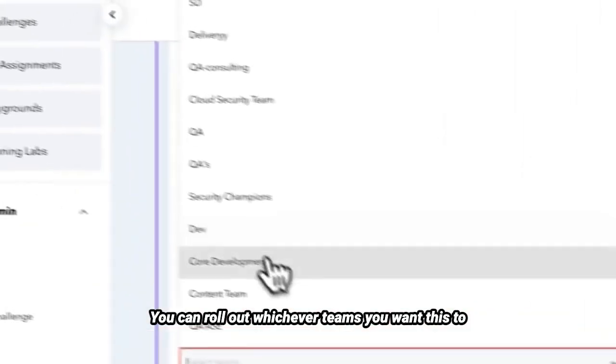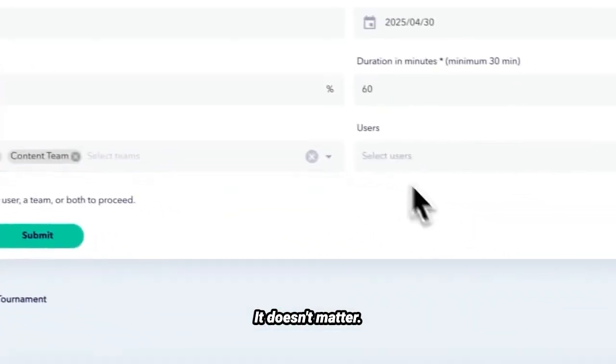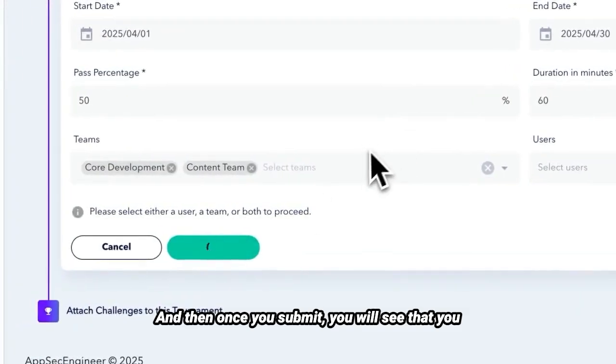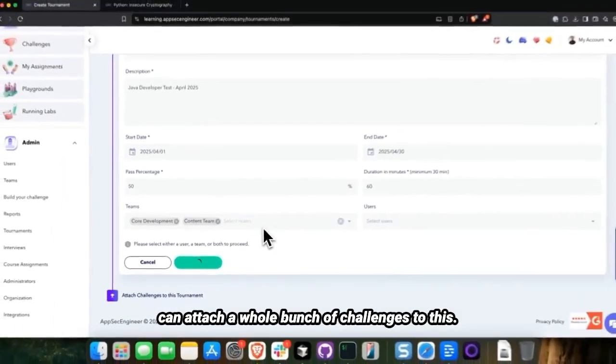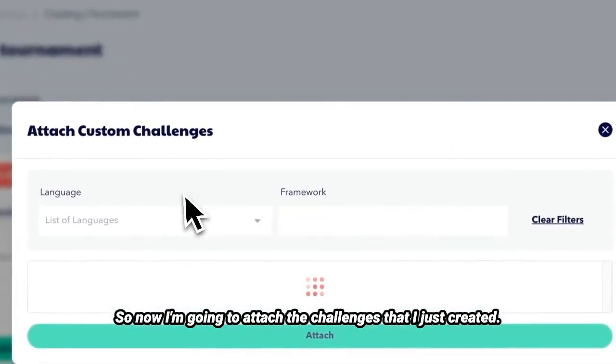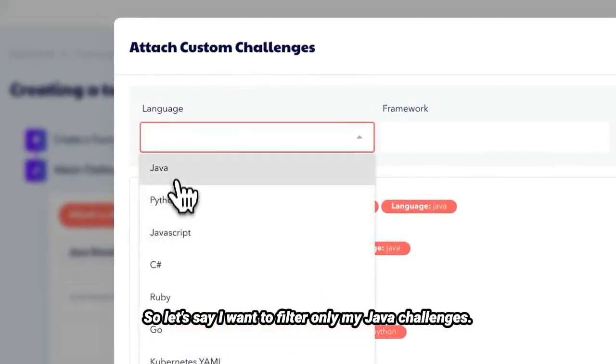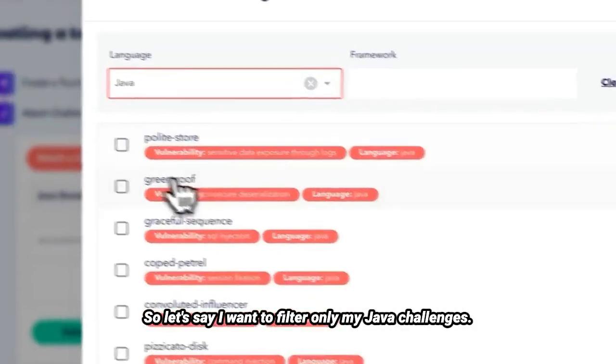You can roll out whichever teams you want this to go to, or all teams if you want, really doesn't matter. And then once you submit, you will see that you can attach a whole bunch of challenges to this. So now I'm going to attach the challenges that I just created. So let's say I want to filter only my Java challenges. I can say that, okay,